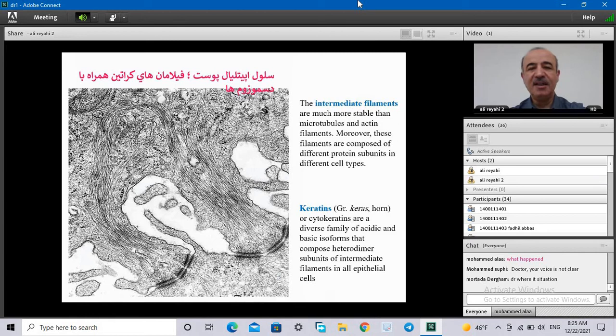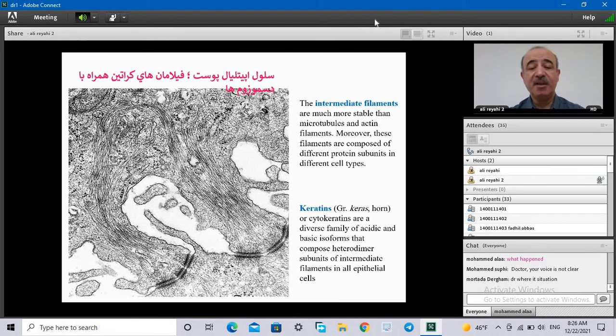Okay, and finally the intermediate filaments. Intermediate filaments are the other type of the filament that forms the cytoskeleton. Are strong proteins, strong filaments. Usually the intermediate filament can help the cell adhesion and within the special cell like the epithelial cell. Some of these filaments like keratin, for example, you may have heard about the keratin protein. Keratin protein